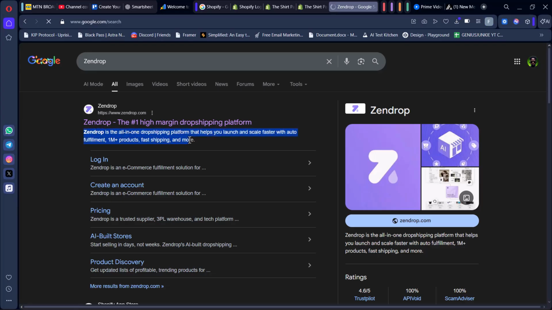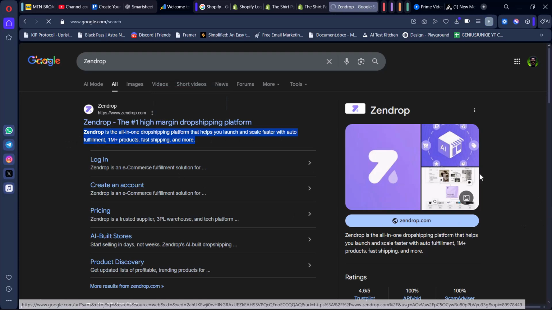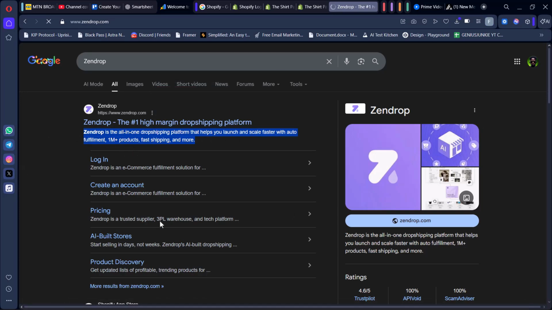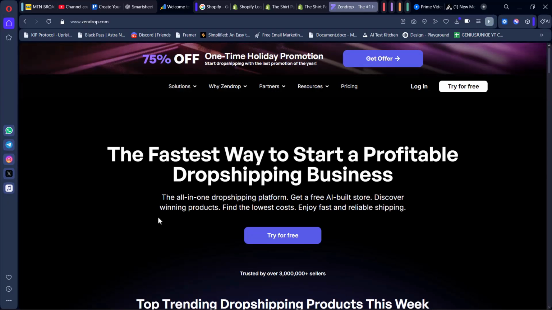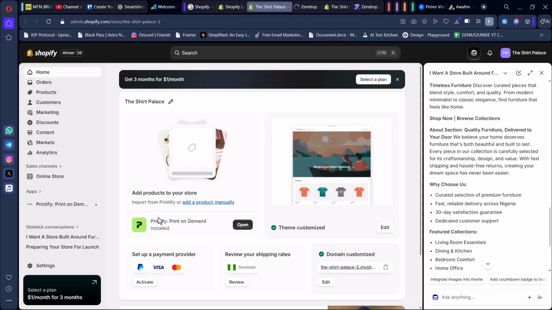So it's an all-in-one dropshipping platform that helps you launch and scale faster with auto fulfillment, with 1 million plus products, fast shipping. So if you click here, you can simply connect your Zendrop to your Shopify, and then the AI would